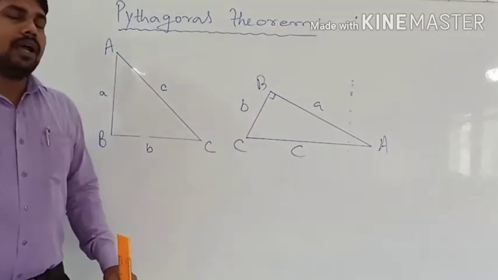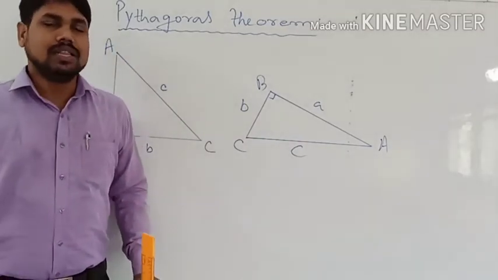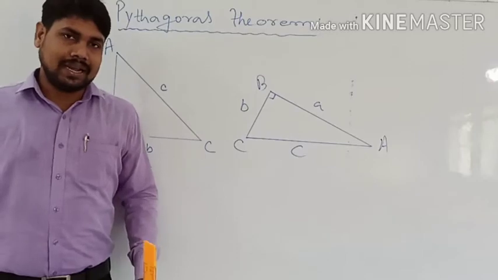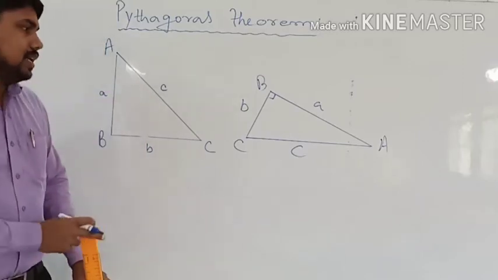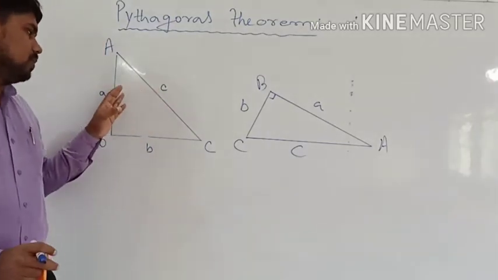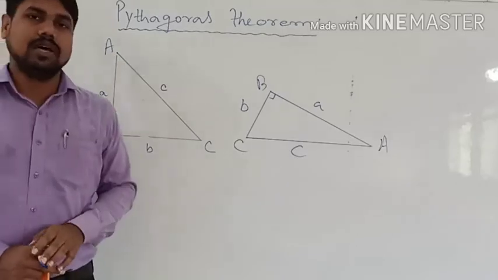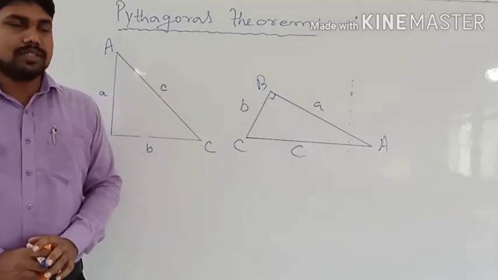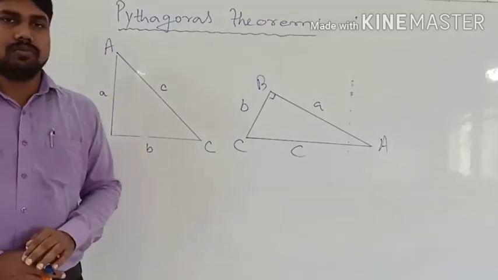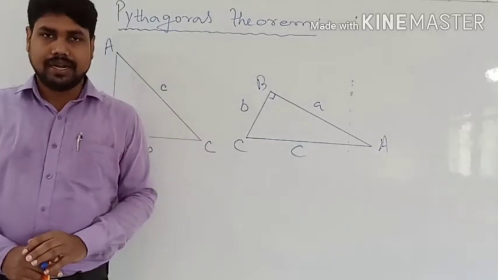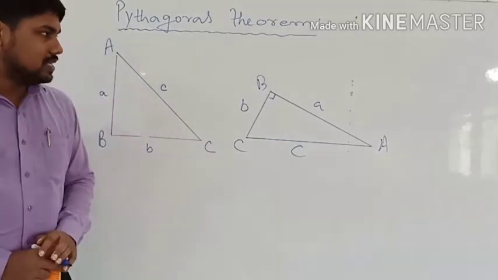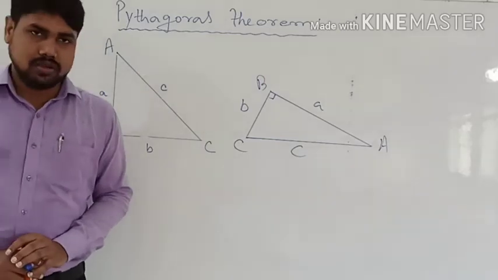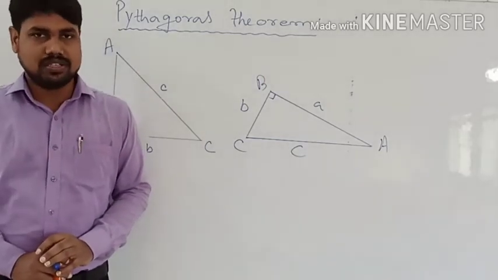If you check with two more right triangles, you will find the same relation, and this is how you can prove that in every right triangle, the square of the hypotenuse will always be equal to the sum of the squares of the other two sides. So this is all about the Pythagoras theorem. This is how we can prove the Pythagoras theorem.